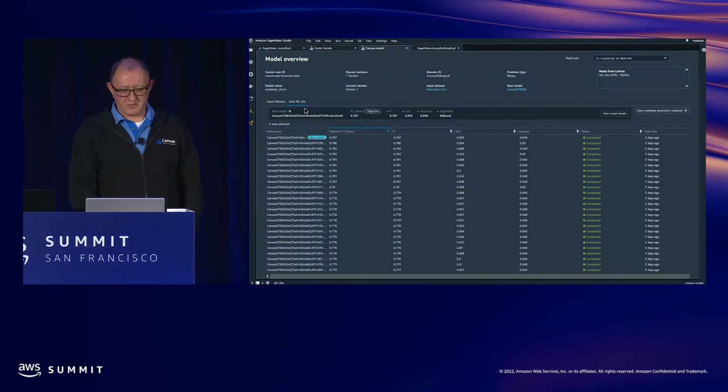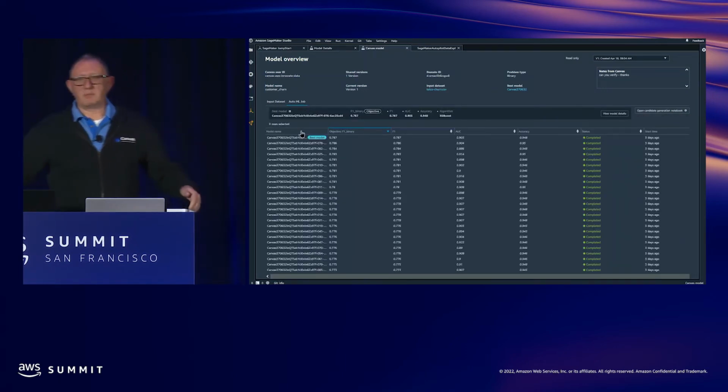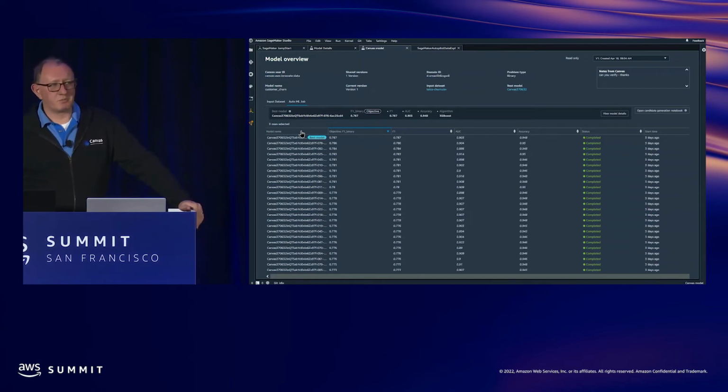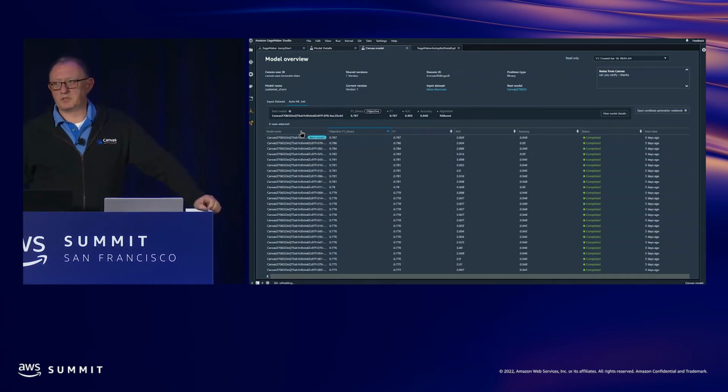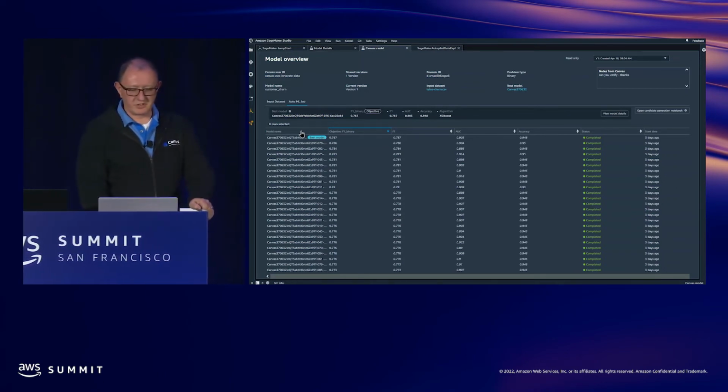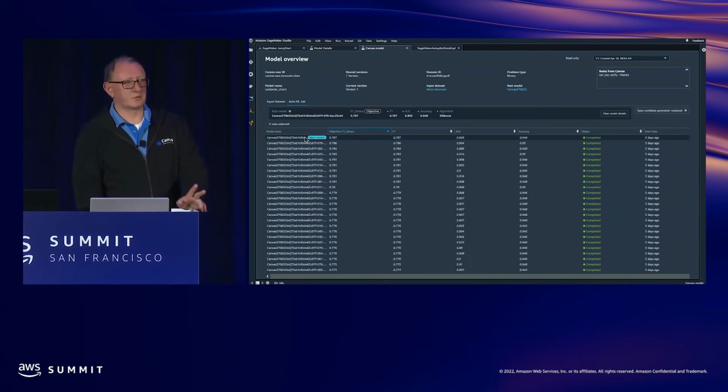You also get to see the full examination of all the different algorithms, models, and hyperparameter tunings. It does about 100 iterations of that. So it picks out the best model, which we'll look at in a second, and then all the other models. If we want to see what it was doing,